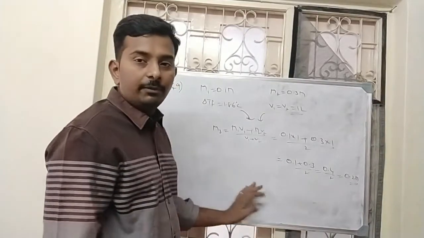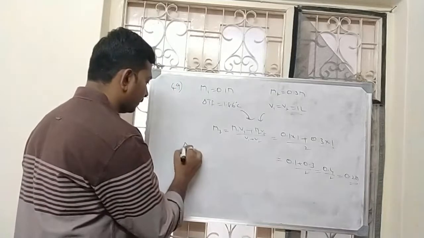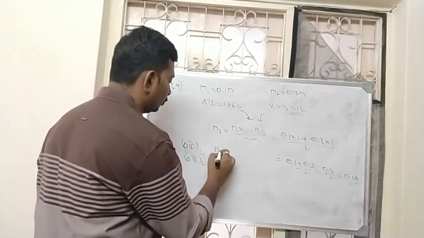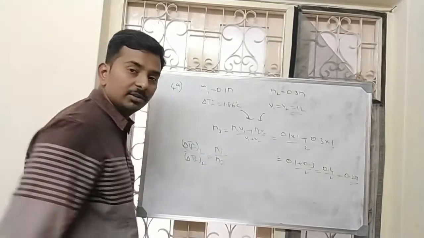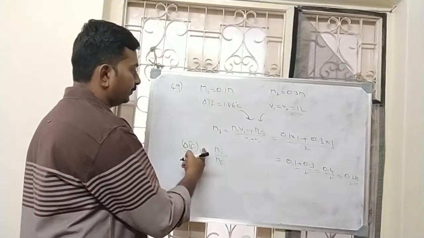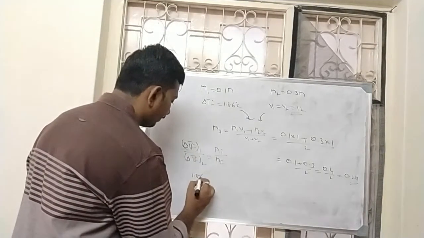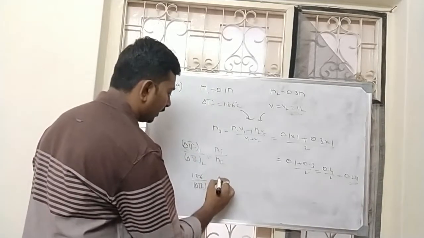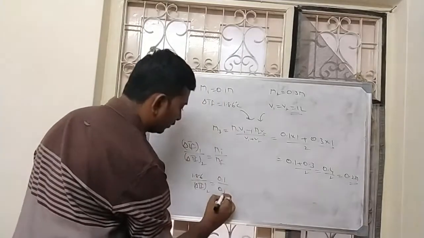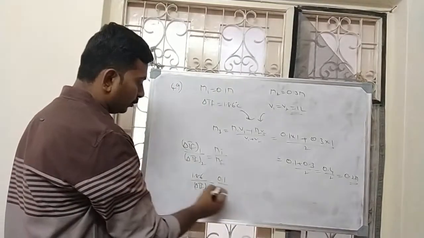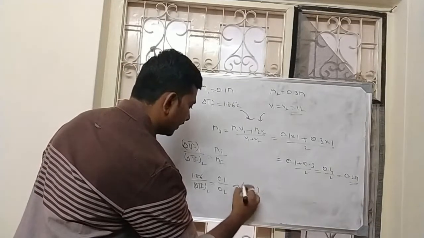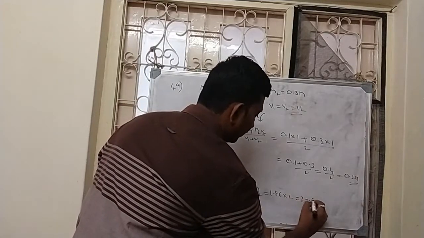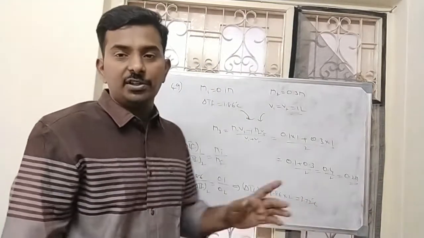We know that delta Tf is directly proportional to concentration. Delta Tf1 by delta Tf2 is equal to initial concentration by final concentration. Delta Tf1 is 1.86, and delta Tf2 we will calculate. Initial concentration is 0.1 and the final concentration is 0.2, so this will be 1 by 2. From this, delta Tf of the second solution will be 1.86 into 2, which is 3.72 degrees centigrade. This is the depression in freezing point.